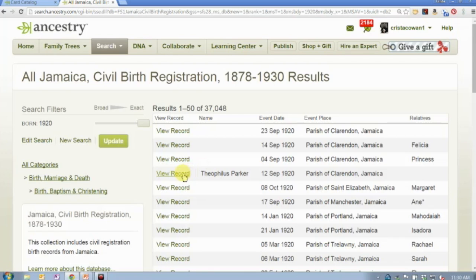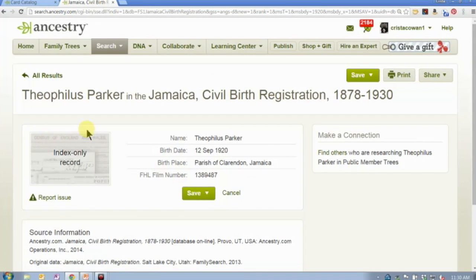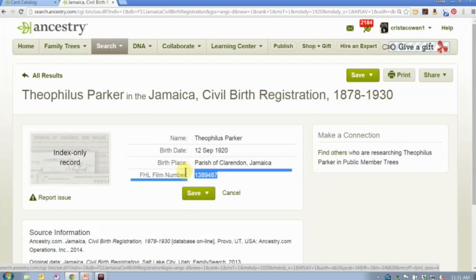And so I can come in here and I can pull up a particular record, and you'll notice here's that link, index only record. However, what you're going to see is what we call an FHL film number. Family Search owns and operates the Family History Library, the FHL, in Salt Lake City. It's the largest family history library in the world. And they have all of these records, the original records, on microfilm. And so where an image does not exist, where it says index only, and there is an FHL film number, you do have the opportunity to order a copy of that film to be delivered to a local family history